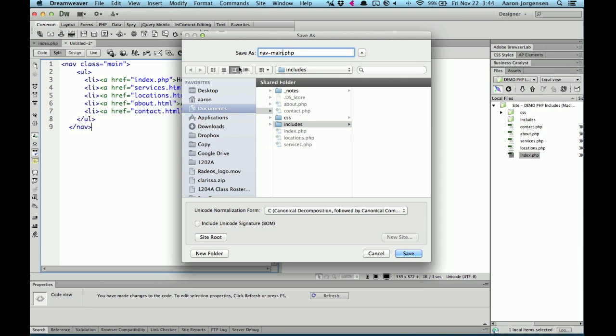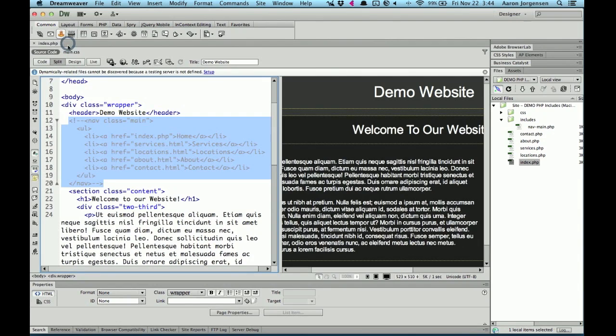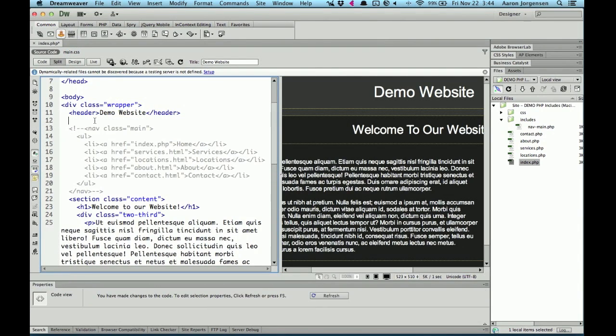Now I use a prefix of nav because I might have other navs or other navigations that I'm using as includes. Make sure it's saved as a PHP file and go ahead and save it. Now you'll see that it's not styled or anything, and that's fine because it doesn't need to be here. Go ahead and close it, and what we're going to do is go into our HTML, or into our index.php